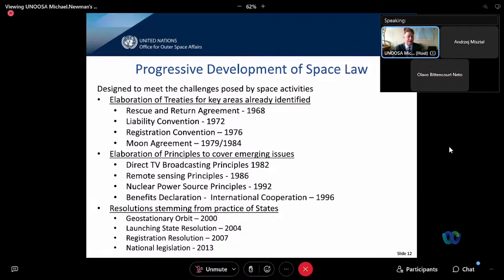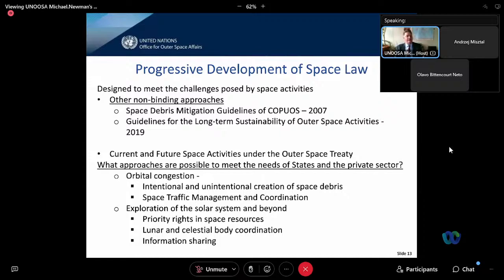The authorization and continuing supervision comes into play all the way into 2013. So this is this progressive development of space law, all stemming from issues identified at the very dawn of the space age, and then elaborated through the work of the legal subcommittee and the scientific and technical subcommittee as well, for that input that is so necessary for understanding both the development of space activities and then legal issues that come from those. So then where have we gone now?